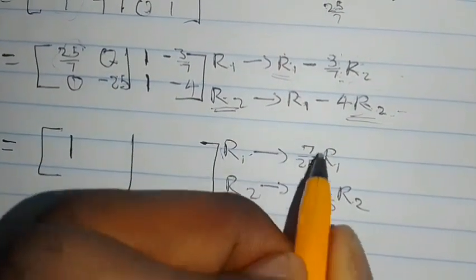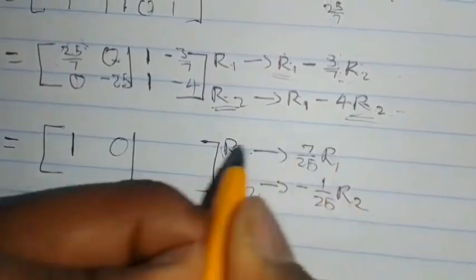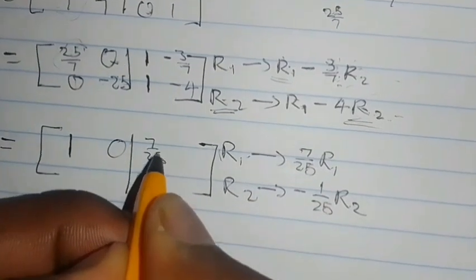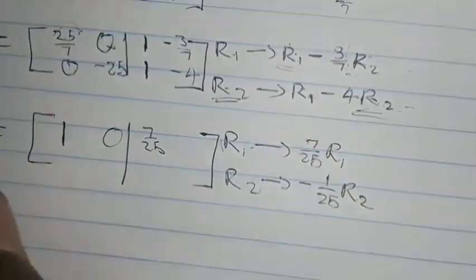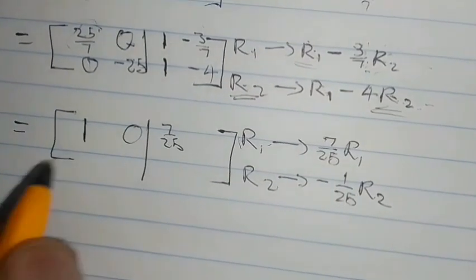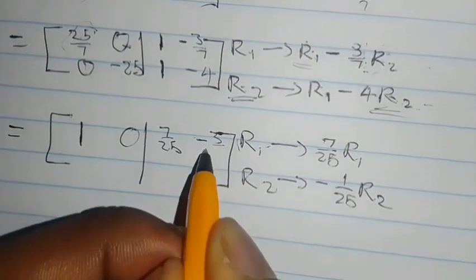0 times 7 over 25 is going to be 0. 1 times 7 over 25 is going to be 7 over 25. And then minus 3 over 7 multiplied by 7 over 25, that's just going to be minus 3 over 25. And then